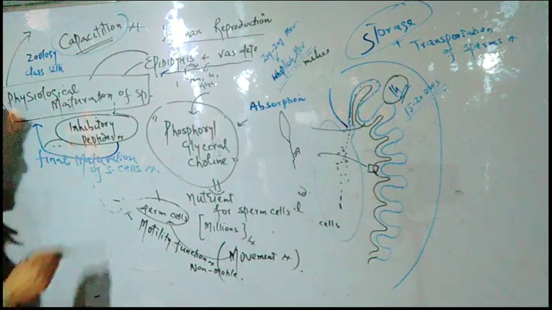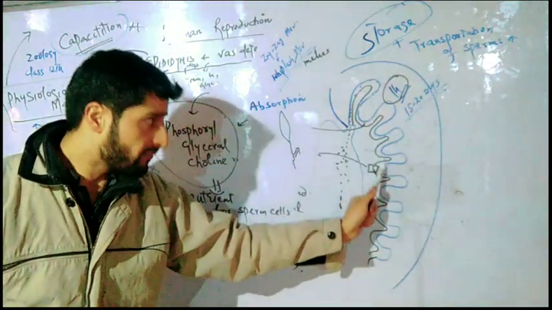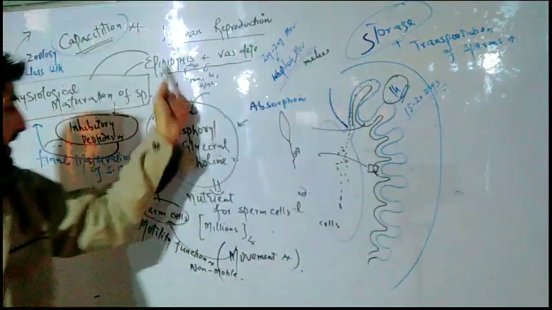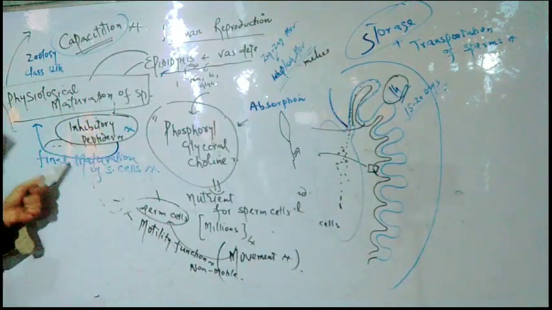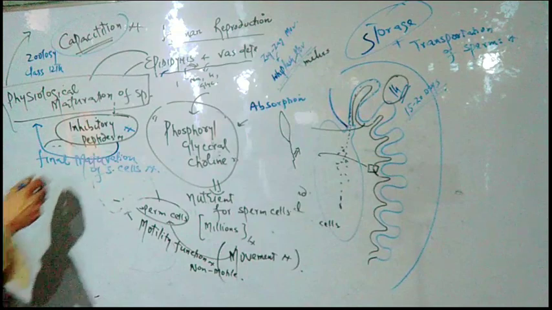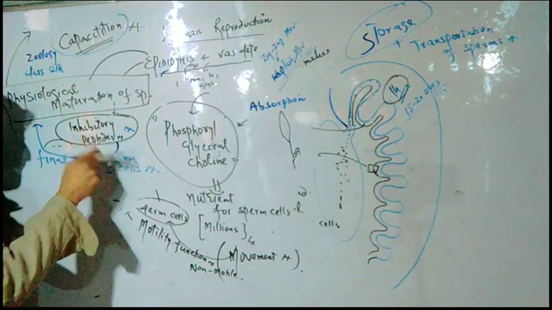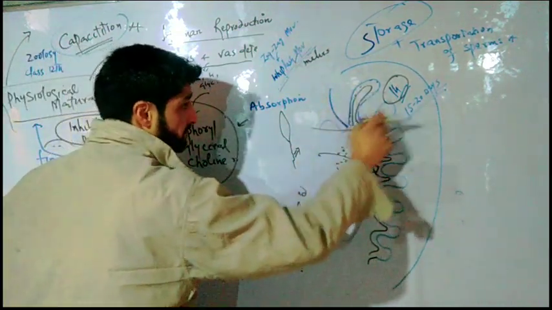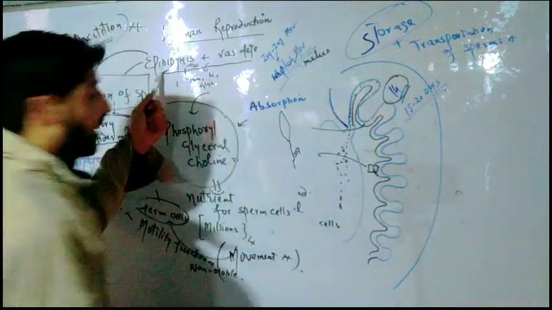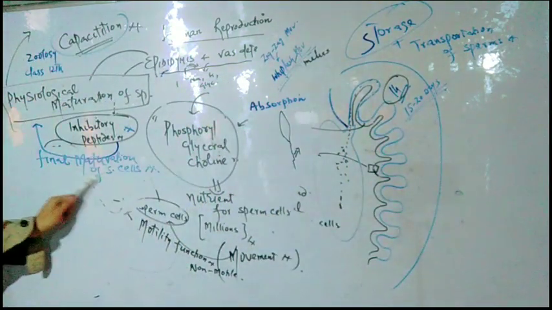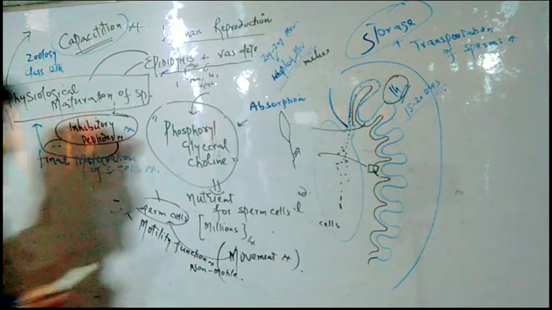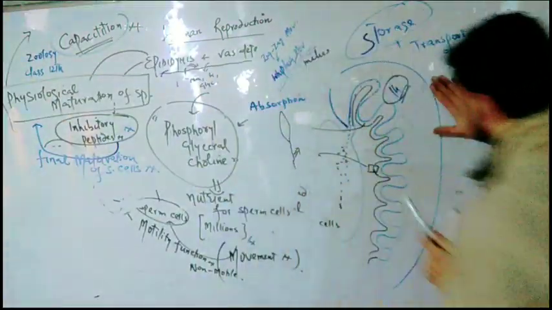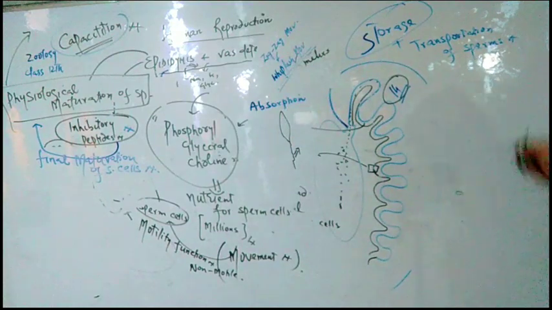What I told is that it is the wall of epididymis that produces inhibitory peptides. These inhibitory peptides produced by this wall of epididymis prevent the final maturation of sperm cells. Now, the next point that you should understand is that this